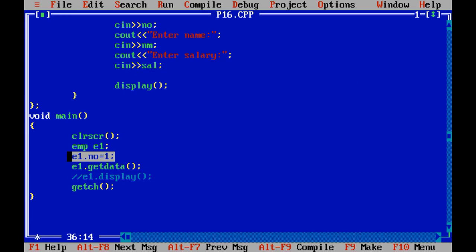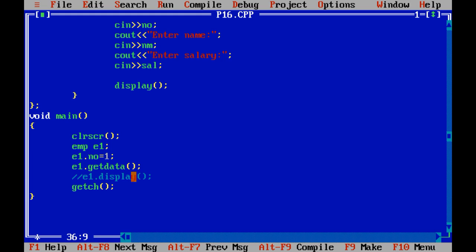Because number, name and salary are private, so you cannot use a private variable or private method outside the class. In our previous program, it allowed you to use number, name and salary in this way, but over here it will not allow you to access them in void main.